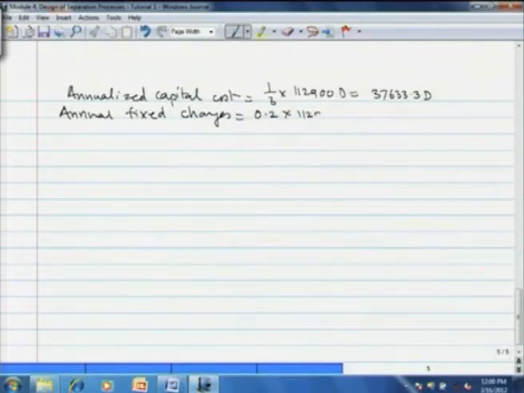So 0.2 into 112900 D, that is 22580 D. The annual variable or operating cost